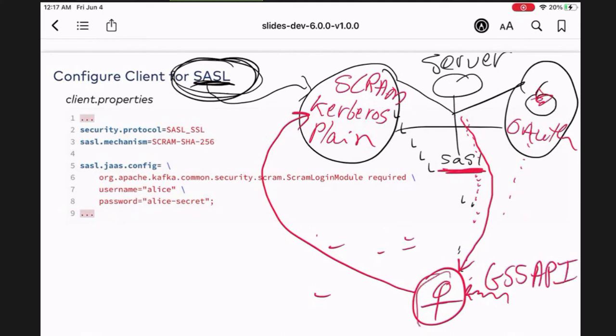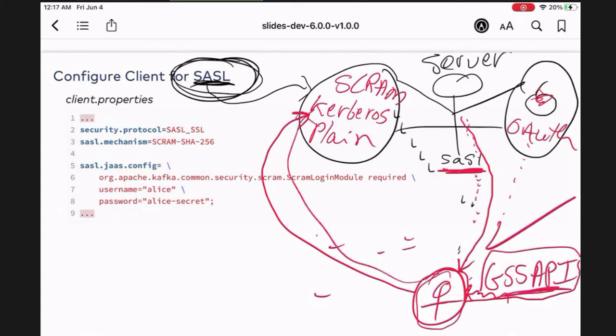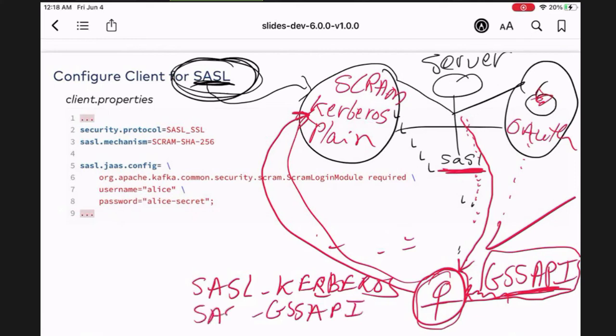And so if the client was developed where it understands the GSS API, then this client will pass the check, to say, yep, if you understand this, then yes, you can do Kerberos. So that means it becomes SASL Kerberos, or you see SASL underscore GSSAPI like this. That means the client has passed that because not all clients can do Kerberos.